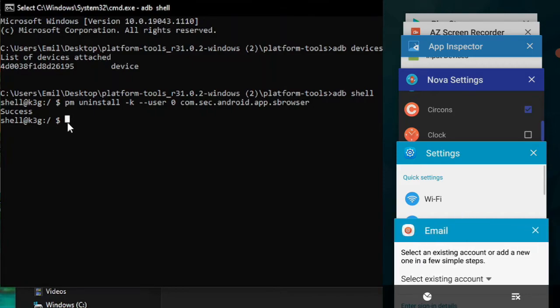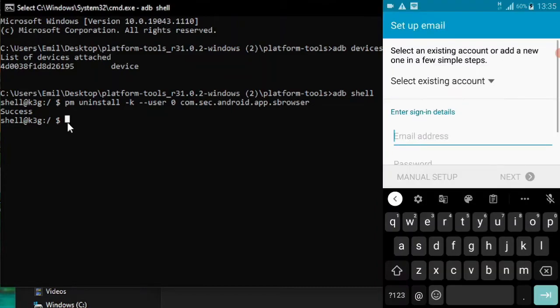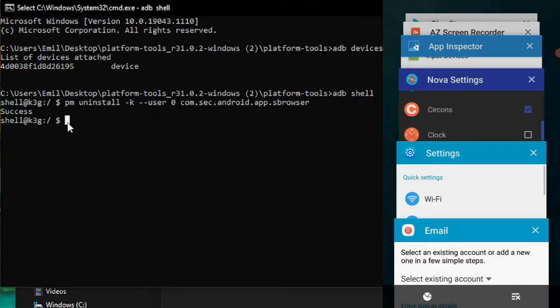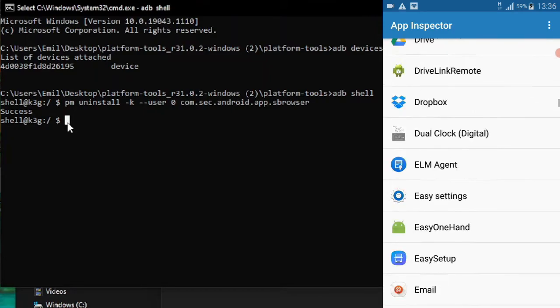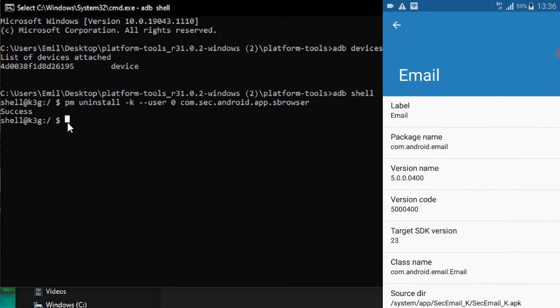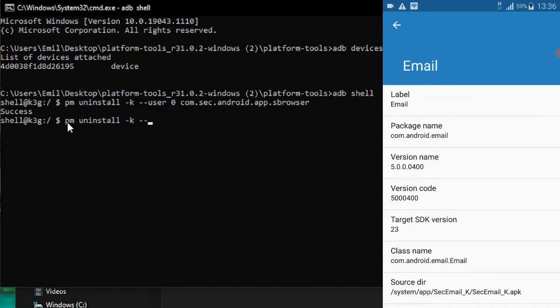So again, just go to App Inspector. Scroll down and search for email. So there is some package name. So again, I need to type pm uninstall in command prompt dash k dash dash user 0.